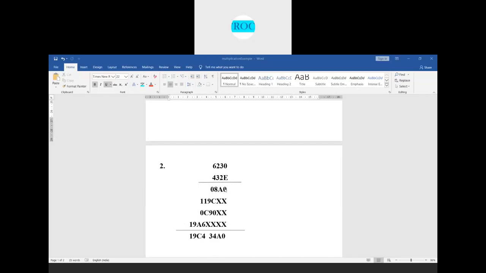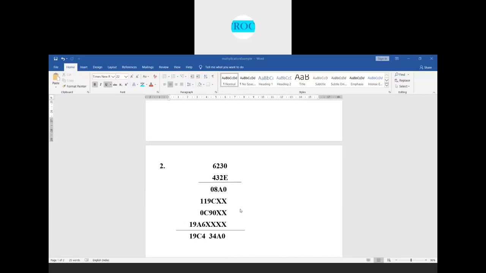Now we know how to perform 8-bit multiplication, because in the multiplication instruction we use the A and B registers, both are 8 bits, and it is easy for us. But 16-bit multiplication is a little tricky.